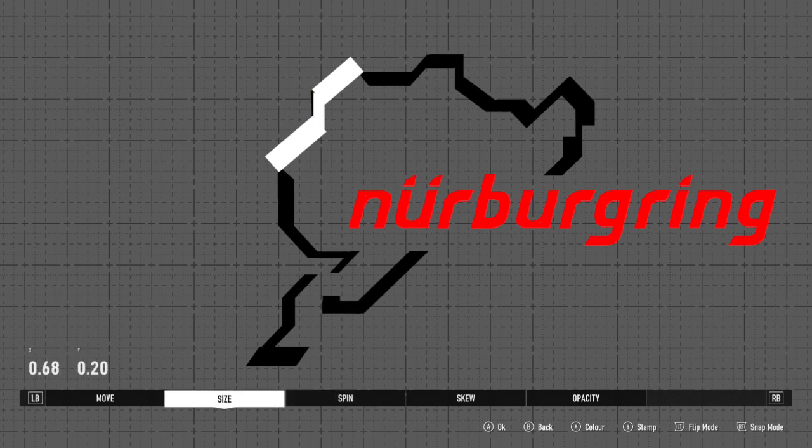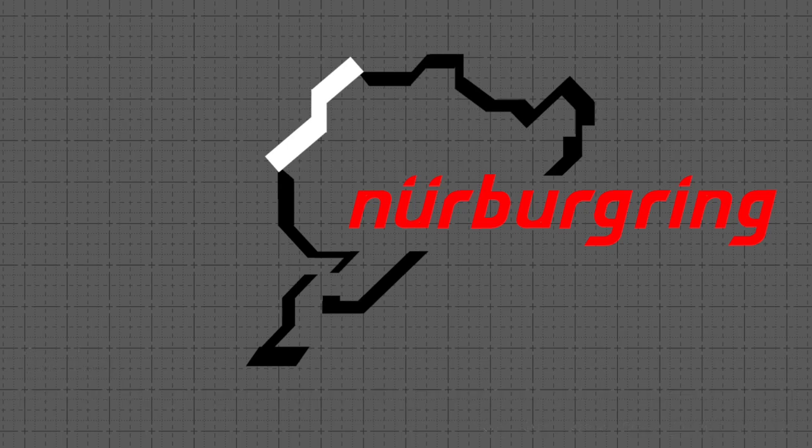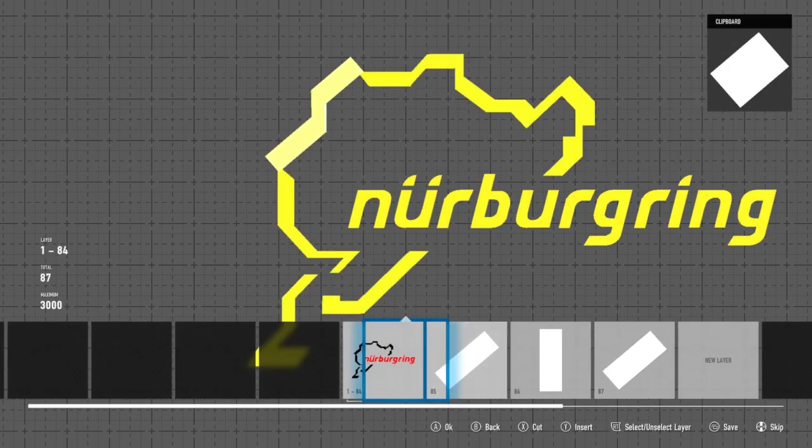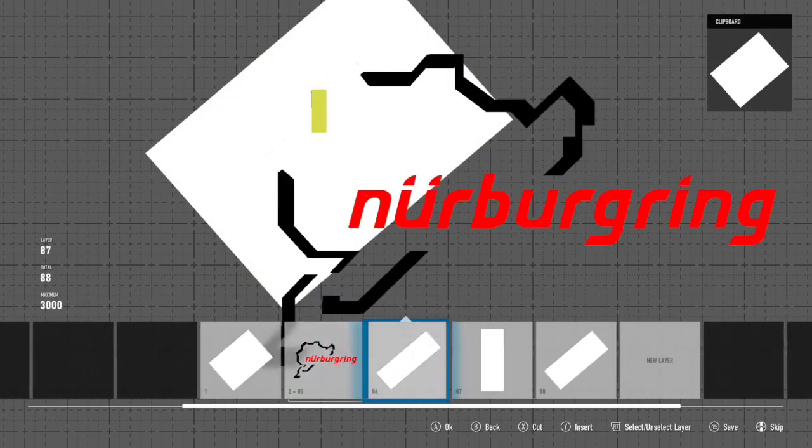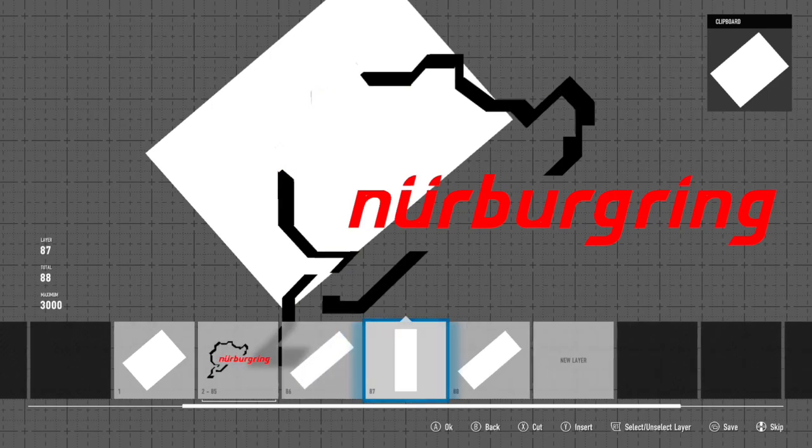Oh, don't spin it. Okay, so you're matching up with the corners. And you can put your bit back in there to see how much it's